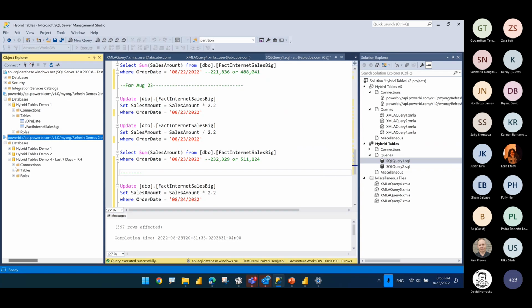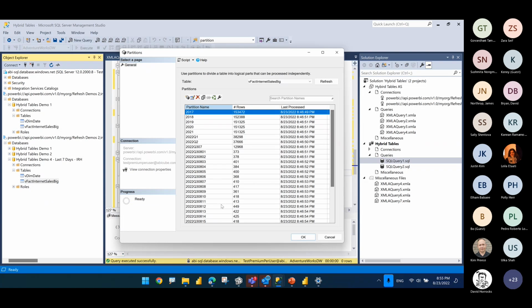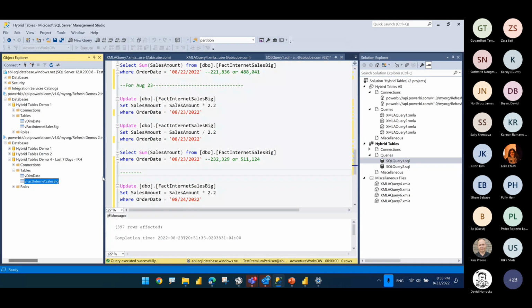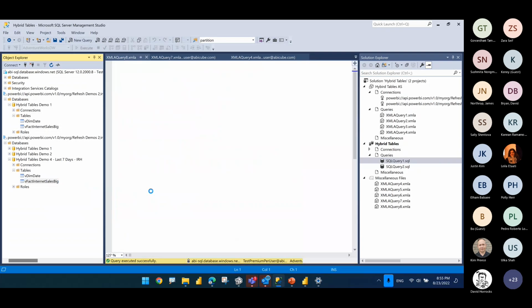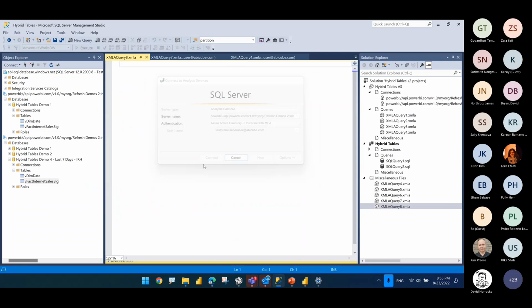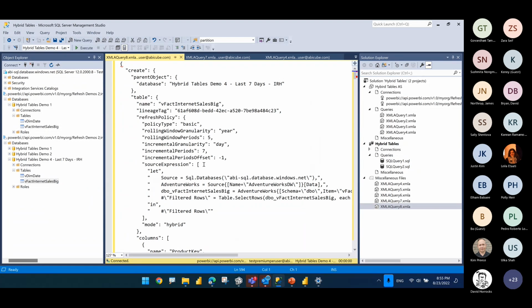Okay, and here, if I look at the tables and then the partitions, this will show me the partitions. This is nice, a different view than Tabular Editor. It gives you the row counts, which is nice by itself. Obviously, these are too small, too few rows to be here. And then one of the things you can do is script a table, and you can see the actual partition queries from here.